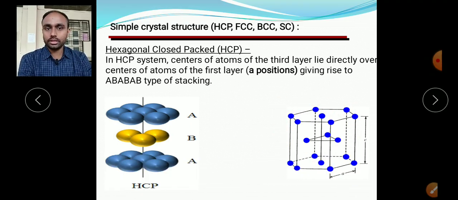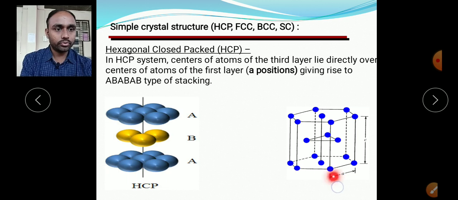In this unit cell, you can see these are the 7 atoms at the bottom face, then these are the 7 atoms involved at the top face, not completely present on the bottom or top face, but involved there. In between you can see these 3 atoms, and those 3 atoms are completely present in the unit cell. So obviously the effective number of atoms has to increase, and ultimately the packing fraction has to increase.